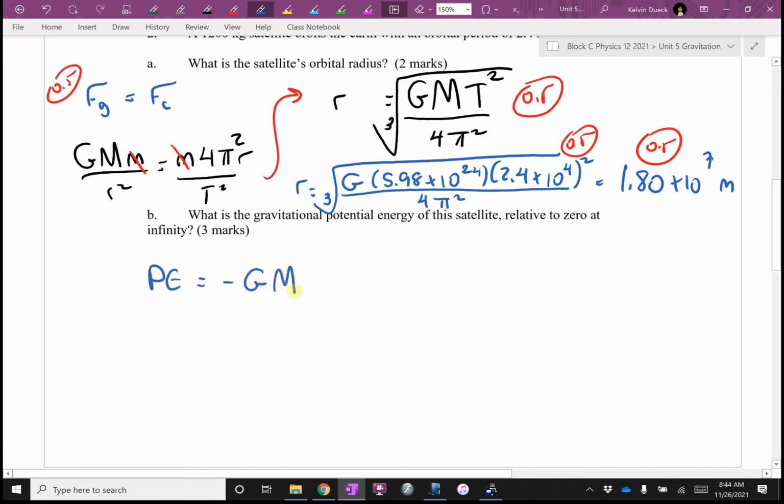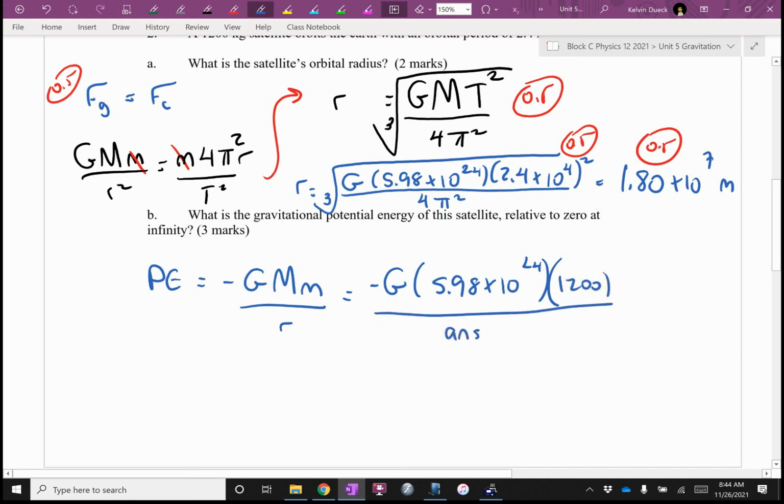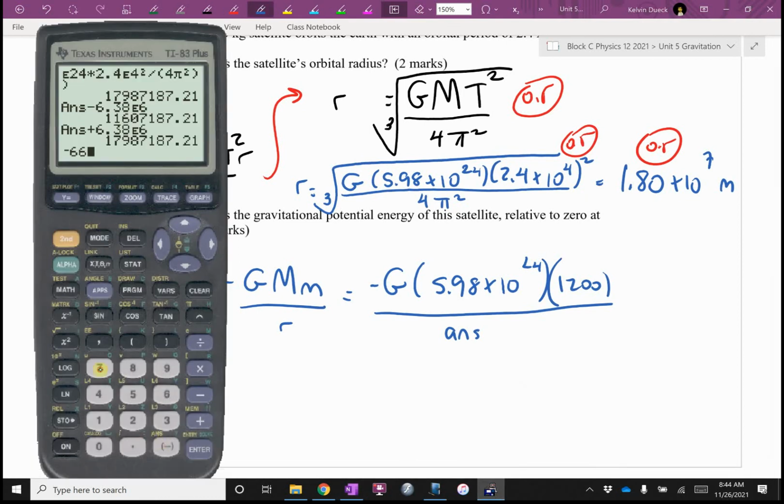Negative big G, big M, little m over R. It's going to be negative big G, 5.98 times 10 to the 24th. What was little m, Mr. Dewitt? 1200. All over, and this is going to be my answer from part A. So if you got part A wrong, but you used it here, I will give you full marks for this. Negative 6.67 times 10 to the negative 11 times 5.98 times 10 to the 24th times 1200 divided by, oh,